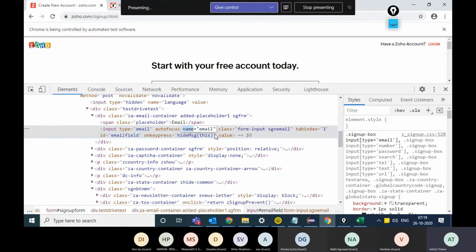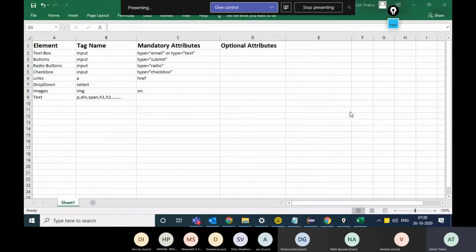If you have a name, an ID, or a class attribute, it becomes a little easier to identify the elements with Selenium. I'm taking the easiest example in the class right now. This element has a name attribute as well as a class attribute as well as an ID. ID and name are supposed to be unique for every element on the web page. So if an element has an ID or a name, it really becomes easy to identify it.